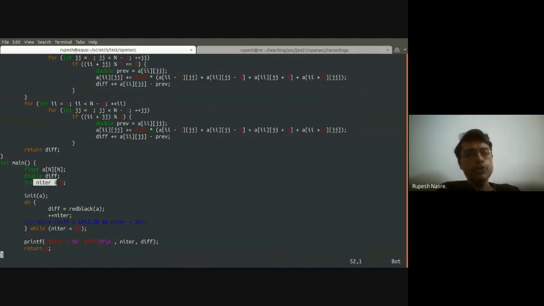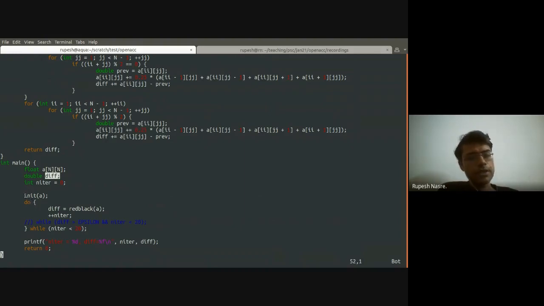So depending upon your problem definition, you might go for a fixed number of iterations, where you are measuring how much error you reach if you increase the number of iterations from 10 to 20 to 50 to 100. Or you might have a while loop which is going to go until I reach a particular convergence criteria. In this case, let's say the diff across two iterations might turn out to be below a particular threshold, and then I'm going to stop. So you can have one of these, or you can as well have both of these.